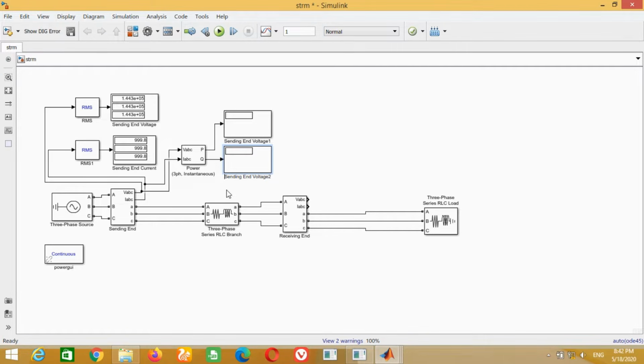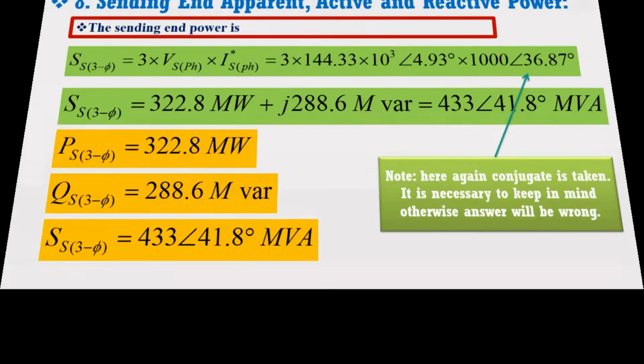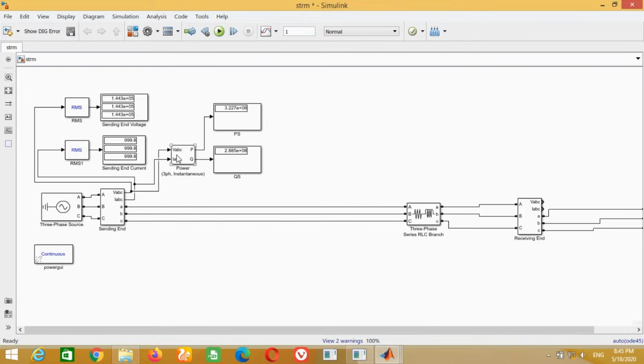Write down here QS as sending end reactive power and PS as sending end active power. Now you can run the simulation and compare the answer with the answer obtained in the example. You can see both answers are correct.